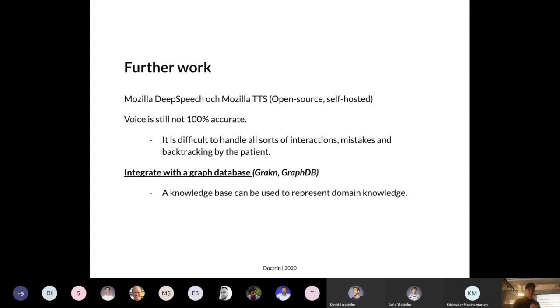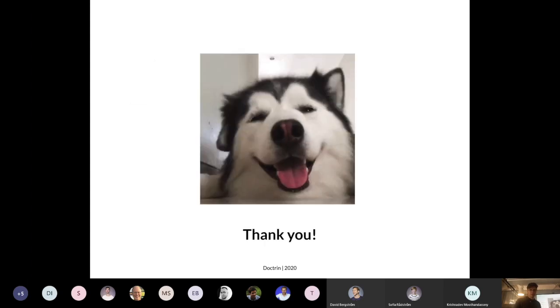But there is potential to have it self-hosted and not use Google services for that. Voice is still not 100% accurate, which was found out in the demo. Some words are not interpreted correctly, and it's also difficult to handle mistakes and backtracking. Thank you.